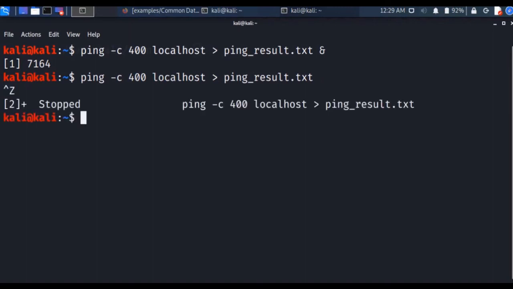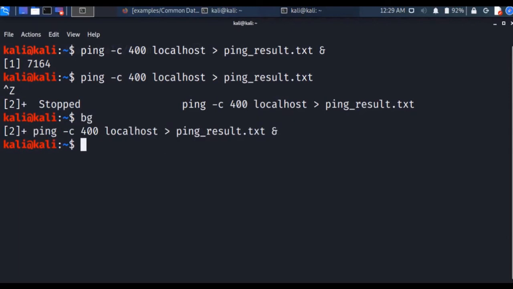after it has already started. Once a job has been suspended, we can resume it in the background using the bg command. So you guys can see here, the bg command, so the job is now running in the background